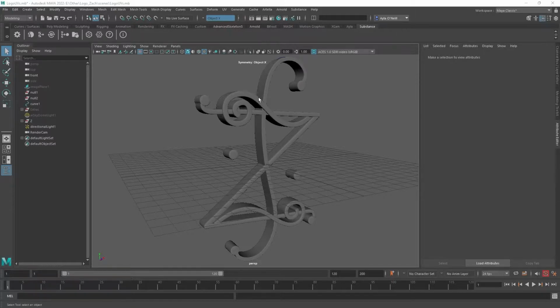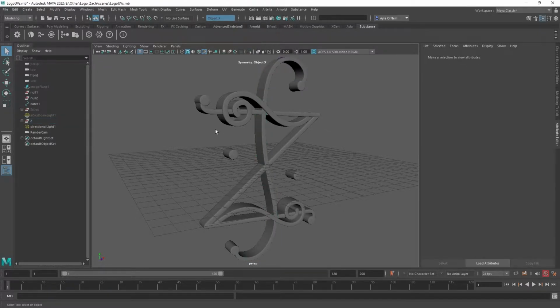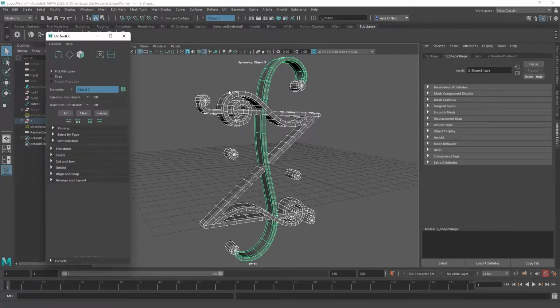I have this logo that I made for a friend, and he wanted to see a bunch of different materials on it. I hadn't done the UVs yet because I didn't need them, but now that I'm putting materials on, I need to do the UVs so that we can add materials without seams and so that the materials come out right. So if you take a look right here, I'm going to highlight everything, go to UV editor,